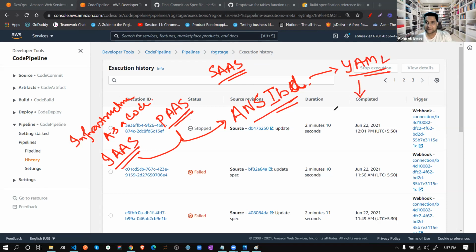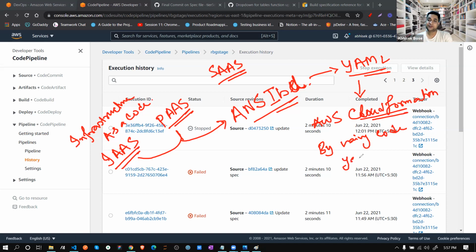This YML structure, AWS inherited in one of their services called CloudFormation. By using code only, you can build a server. What code? Right now we are writing that YML code.